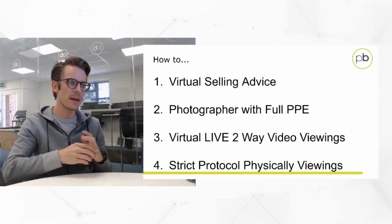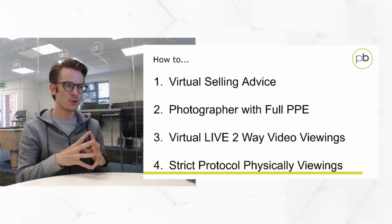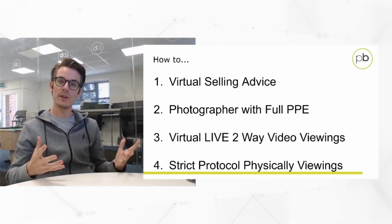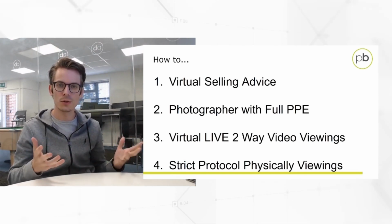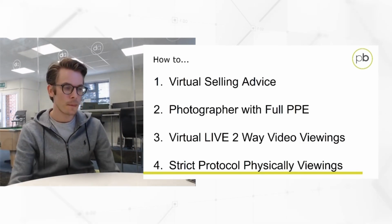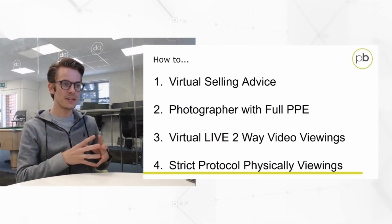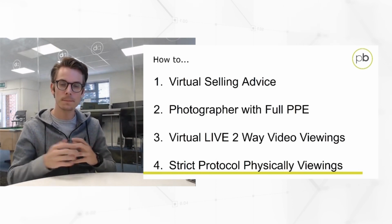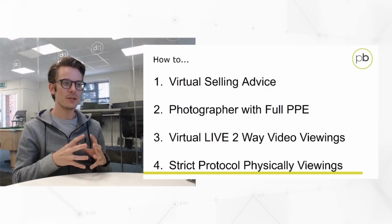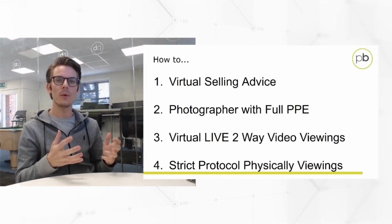Now, I'm going to take you through a few bits. So there's 4 steps. The first one is the virtual selling advice. I'm going to show you through that in a minute. That's really good because obviously usually you might have 2, 3, 4 estate agents come round to your house and give you a valuation and some advice. But that's risky because those estate agents may well be going into lots of other houses as well. So the best way for you to do it is to make sure you get advice from an agent virtually. And I'll show you ways you can do that, and I'll show you how we're doing it at Power Bespoke